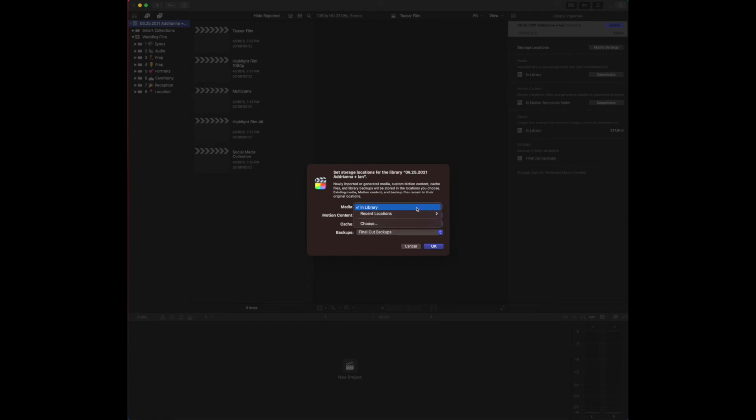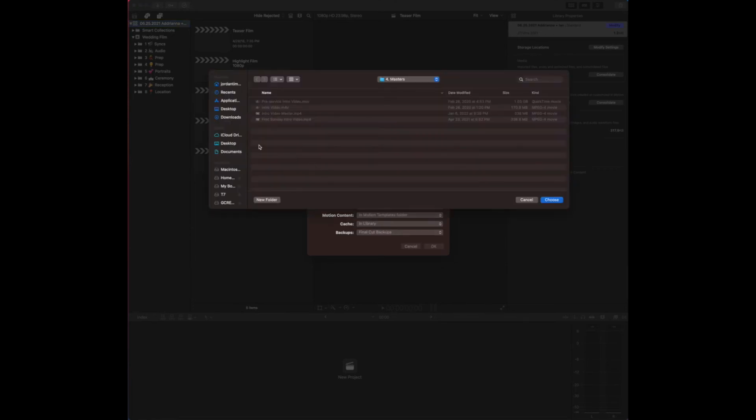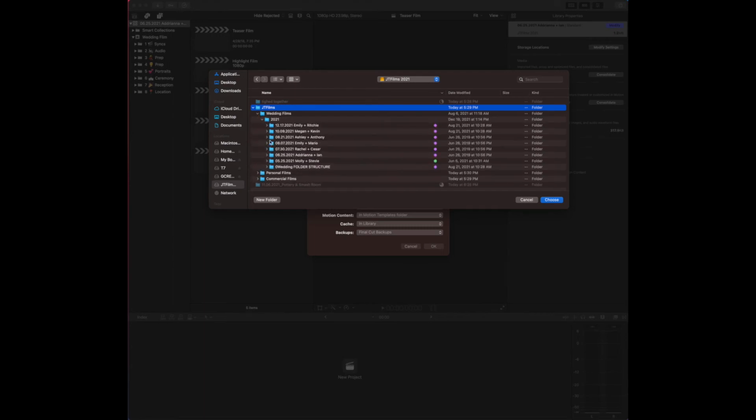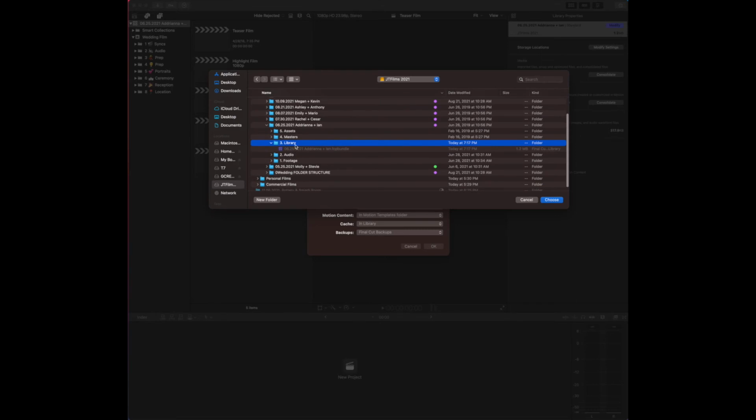So you're going to go in here. I don't know what in library is, so I just go to choose right off the bat to check whether that's the right one. I bet you it's not, because this was probably what it was. So I'm going to find the hard drive that I have this on right now. I'm going to go into here, Wedding Films 2021, and then we have Adriana and Ian and their library. So this is where I want